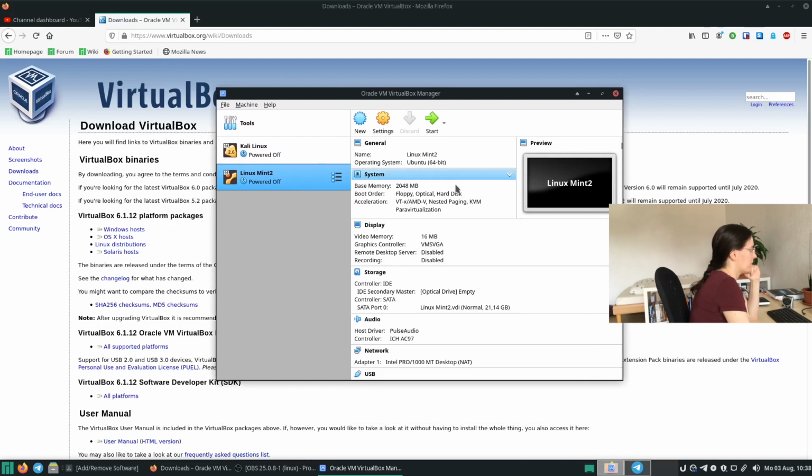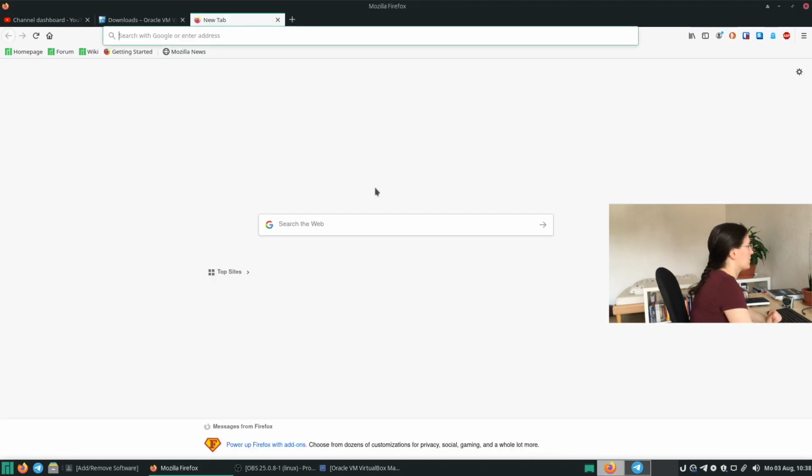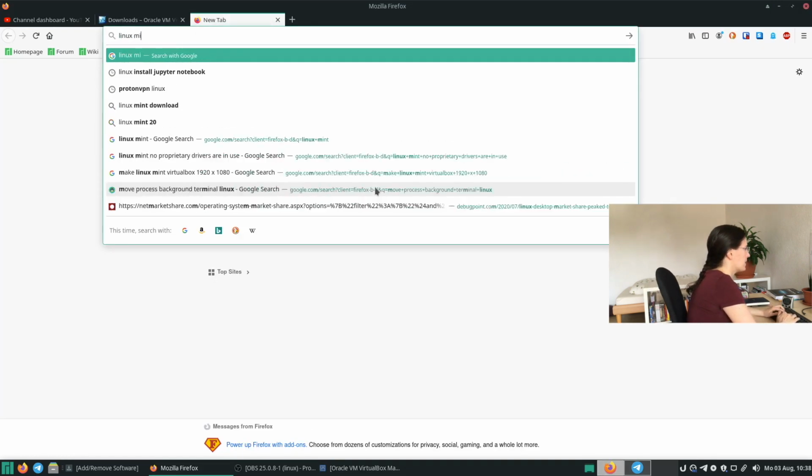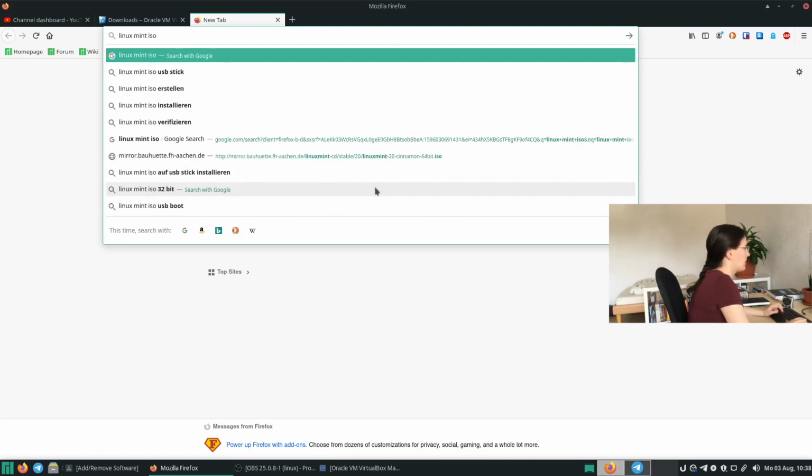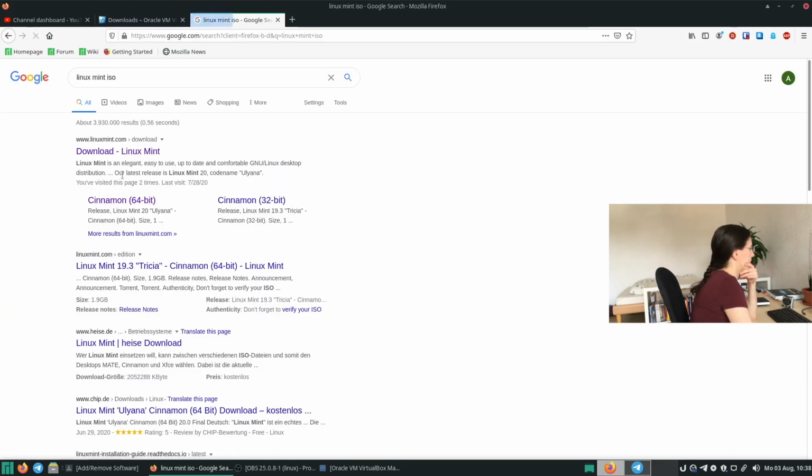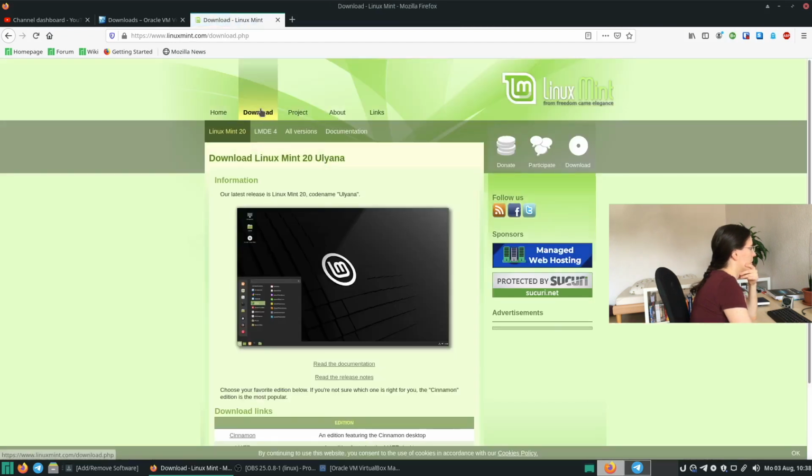Now the next thing we need to do is to get a Linux ISO from the distribution we want to install. So in our case, I'm going to show you Linux Mint. So go to linuxmint.com and then go to the Downloads tab.